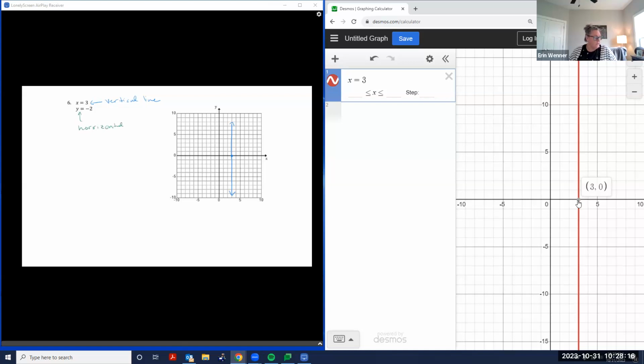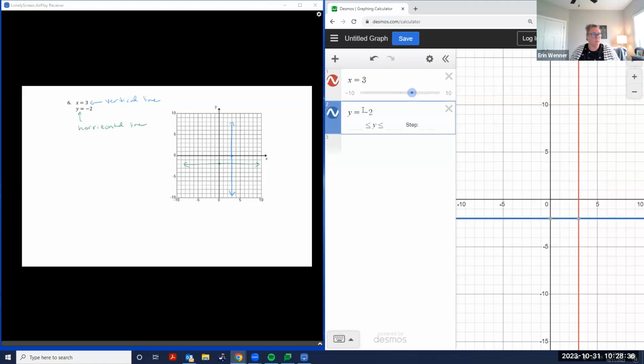Okay. Horizontal line. Every single y coordinate is negative 2. So if I go to y equals negative 2, which is right here, I can graph that line, right? This is the point where y equals -2. So if we go to Desmos and say, all right, well, y equals -2, we can see where those two equations